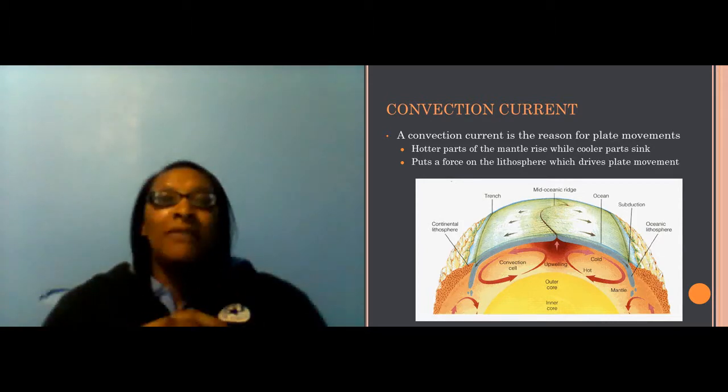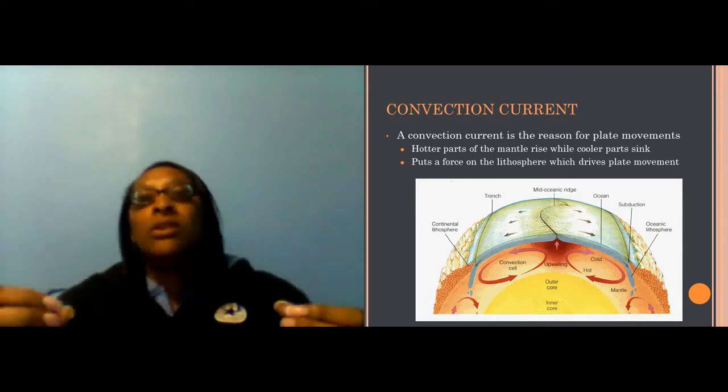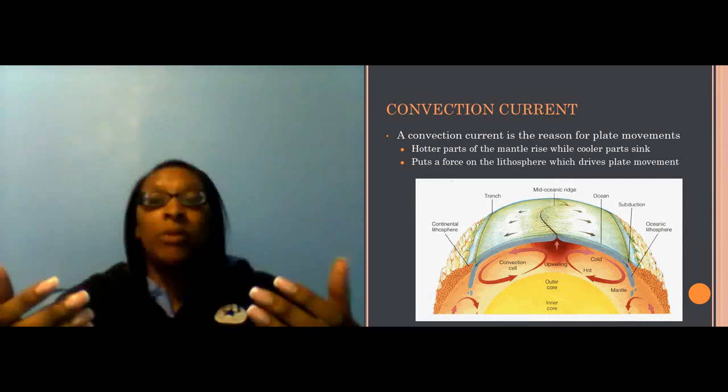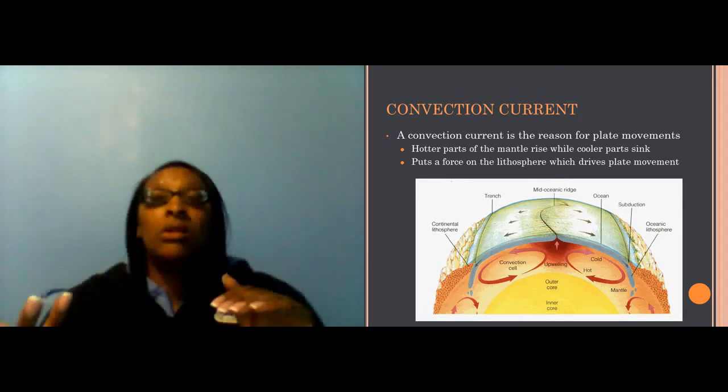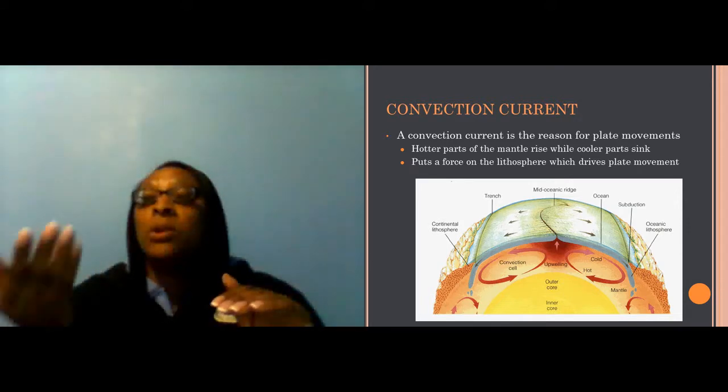Okay, so now we're looking at convection current. And the convection current is the reason for your plate movement. Now remember our boiling pot of water we've talked about. Your hotter water is closer to your heat source. So once the